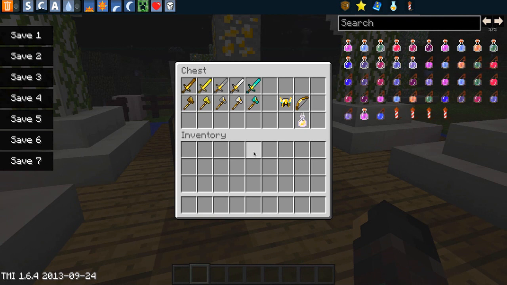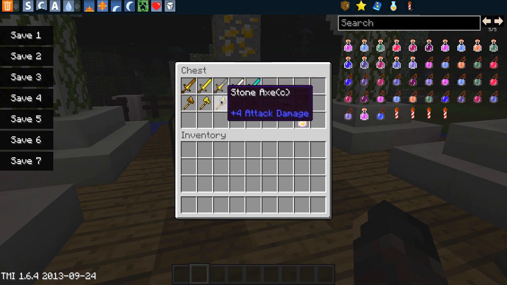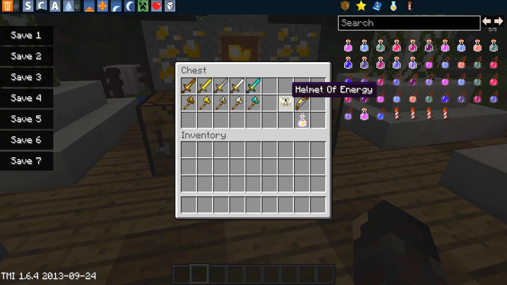The items affected by this mod are all of the swords and all of the axes. The swords have the active abilities, and the axes have the passive abilities. As well as that, you also have a special helmet of energy, this very cool bow, and this item here, which is called a potion of